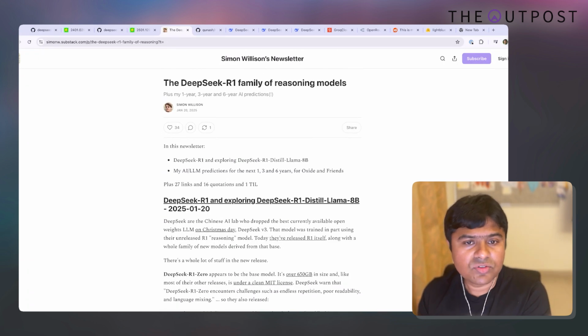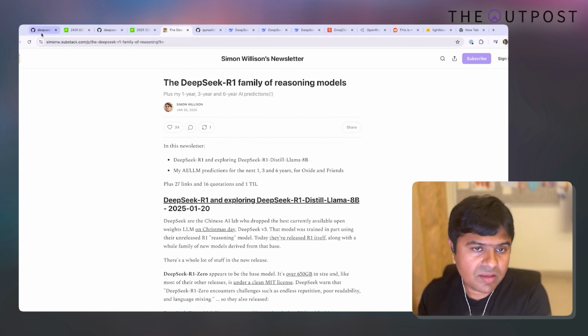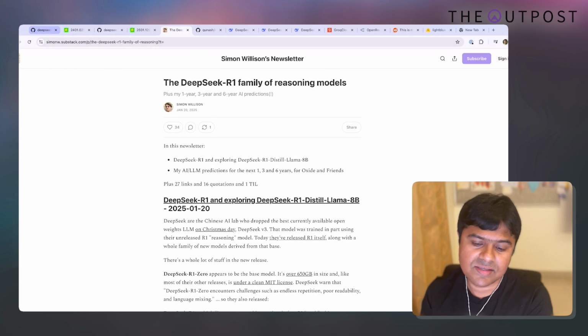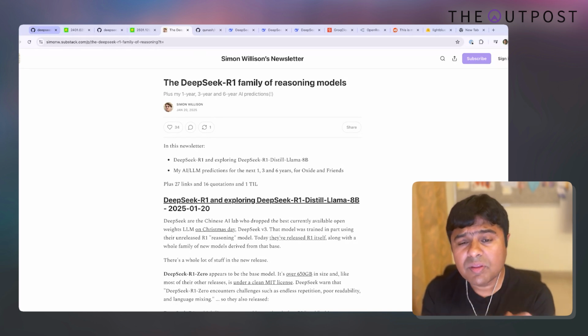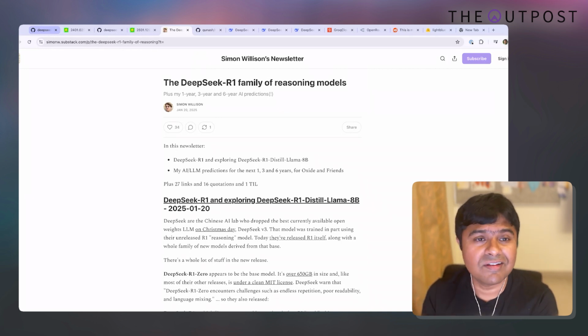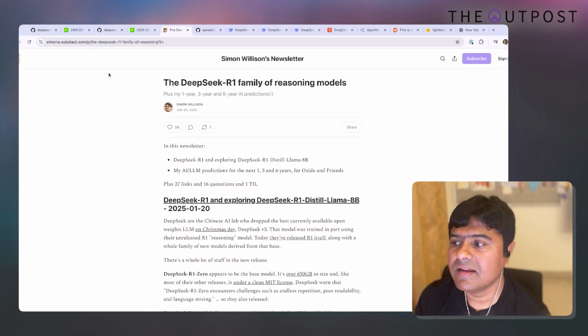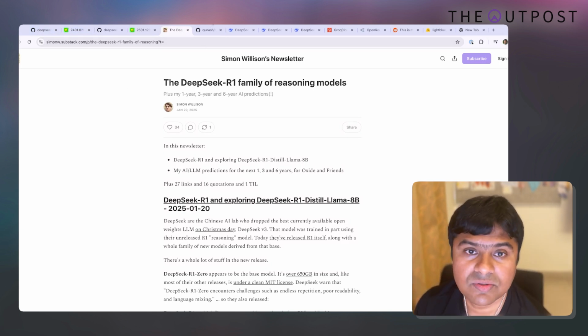So this is another interesting blog post that you can check out and see why the distilled models are also very, very important. So this is a little bit about V3 and R1, both interesting models created by DeepSeek, which is a Chinese company, with apparently not a lot of resources, which is like a side project. I don't know if it's a real thing or it's a joke. But it's incredible, and it promises a lot for the future of open source models out there.